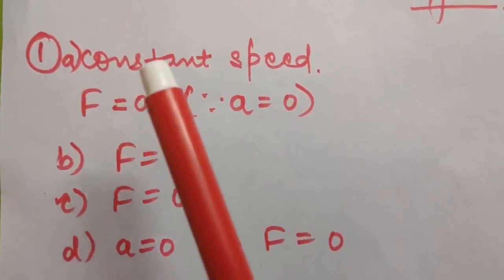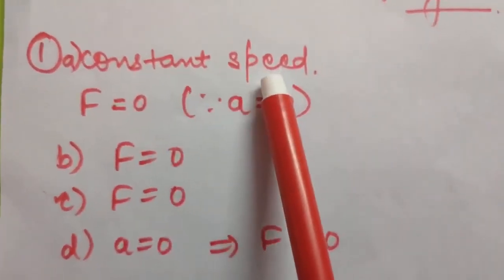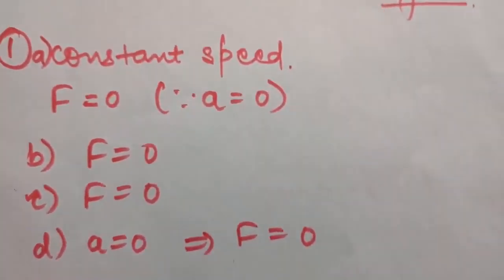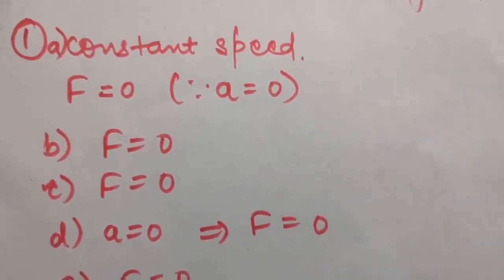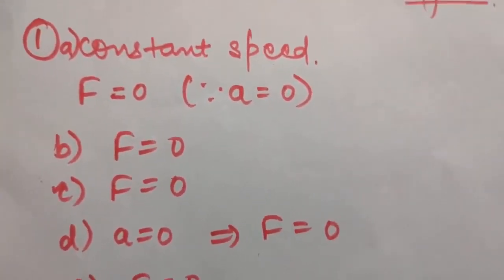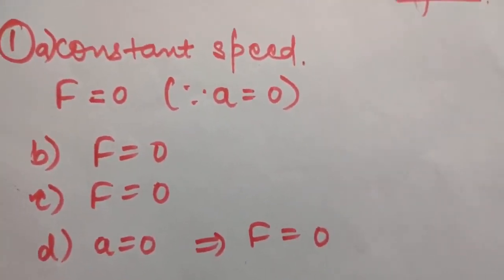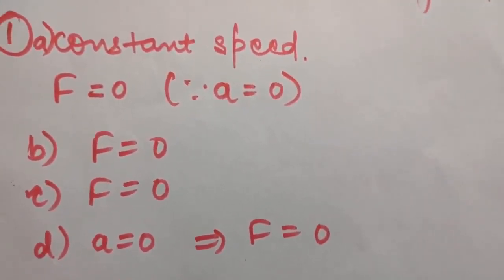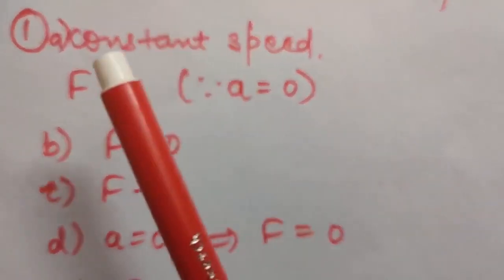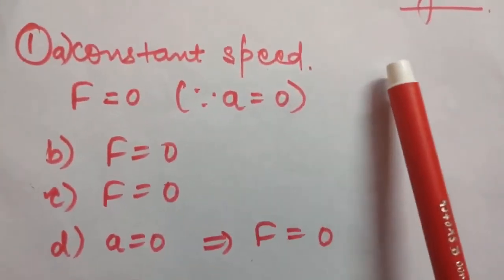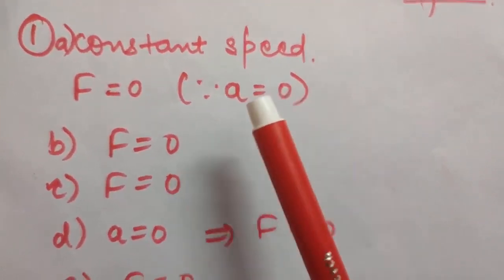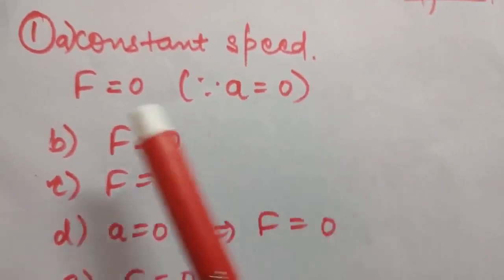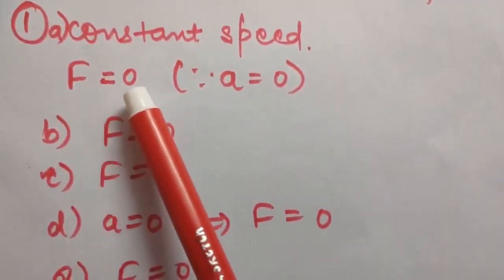Okay, so the raindrop is falling down with a constant speed and it is falling in downward direction. Obviously that means speed is constant and direction is also same, so you can say velocity will remain constant. So if velocity of anything is constant, then as you know, acceleration is defined as change in velocity, so acceleration will also be 0. Okay, so if constant speed is there and velocity is also constant, then acceleration is 0. And now you know force is defined as ma, so if acceleration of the drop is 0, so the force will also come to be 0.